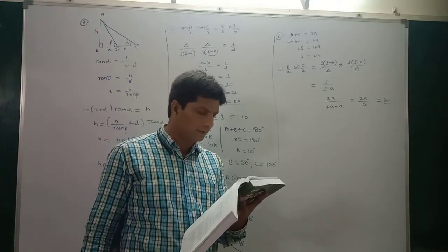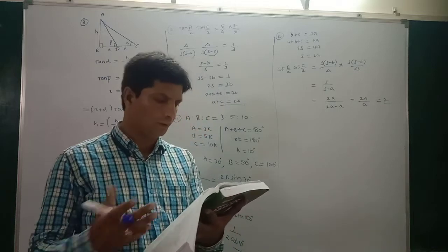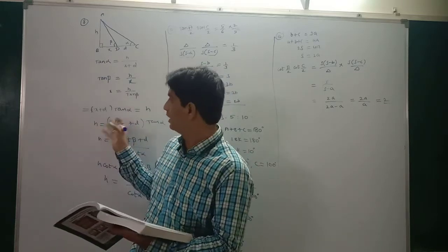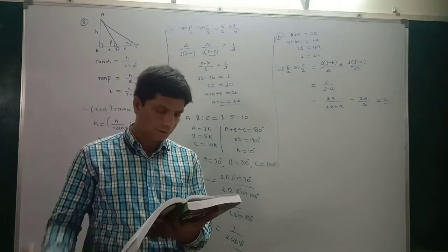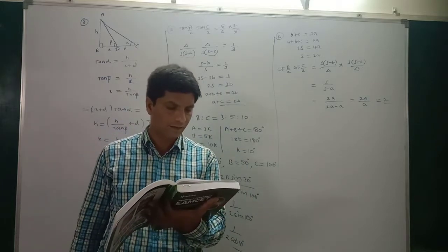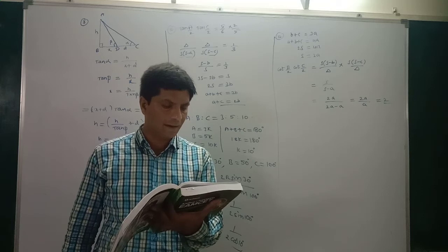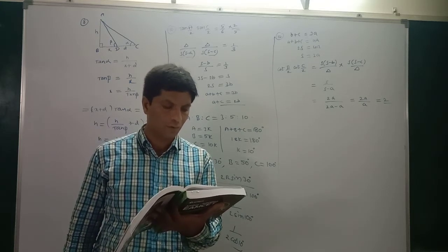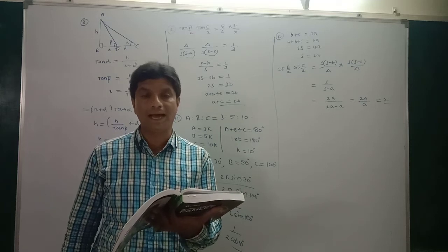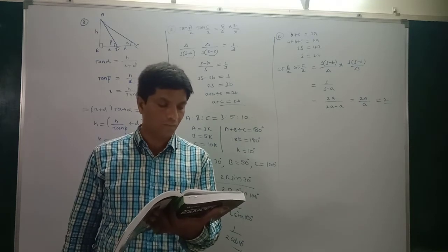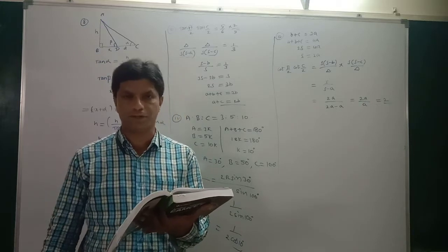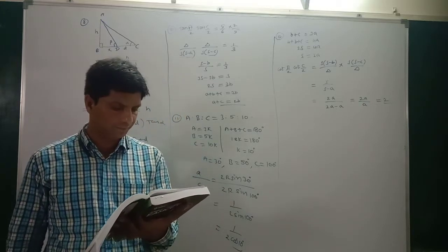Practical problem: we can do it very simply by taking the concept of heights and distances. Already we have done 2 or 3 problems in heights and distances. Based on the concept you can find it there. 14. Sigma b plus c into tan A by 2 into tan of B minus C by 2. We know from the tangent rule tan of B minus C by 2 is equal to b minus c by b plus c into cot A by 2. After simplification you will get 0 because sigma is given there. 15th.